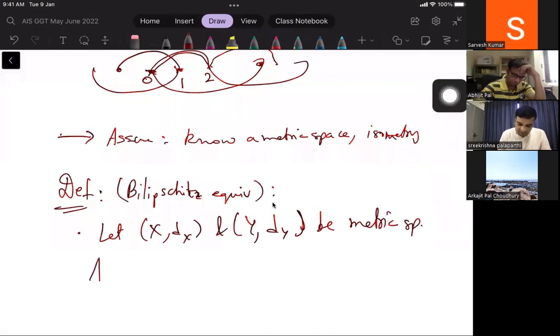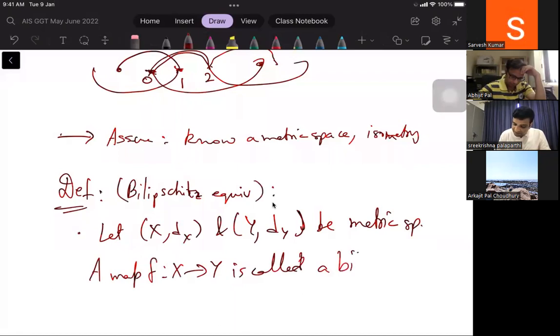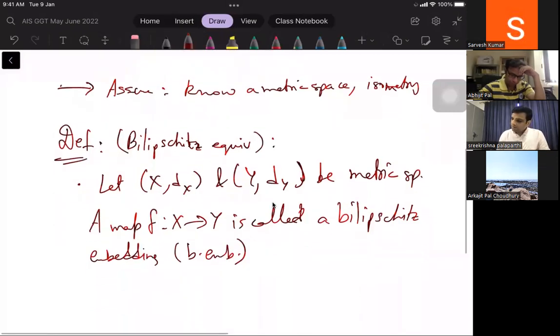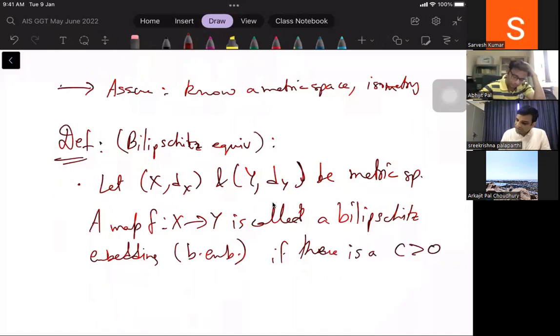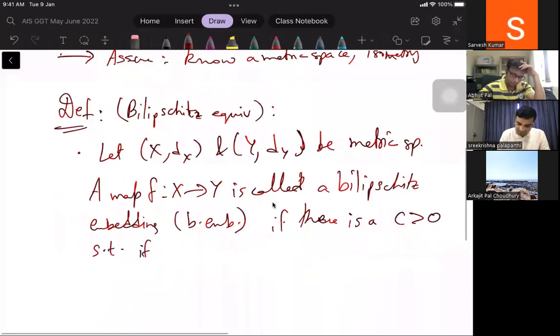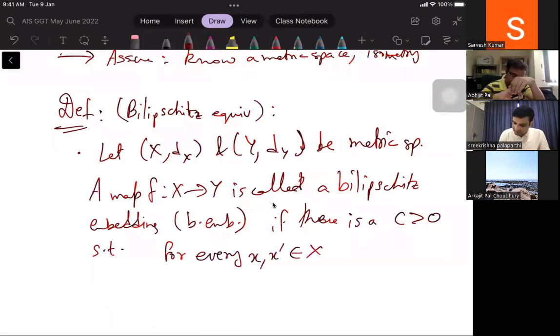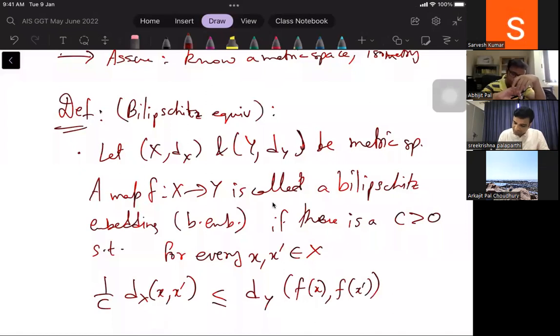And a map f from X to Y is called a bi-Lipschitz embedding, I'll write BM for short, if there is a real constant C positive, such that for every x, x prime in X, 1 by C times the distance between x and x prime is less than or equal to the distance in Y of f of x and f of x prime is less than or equal to